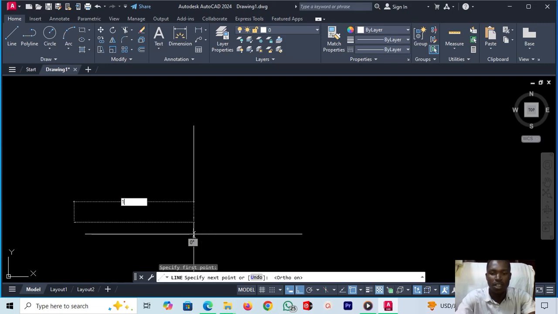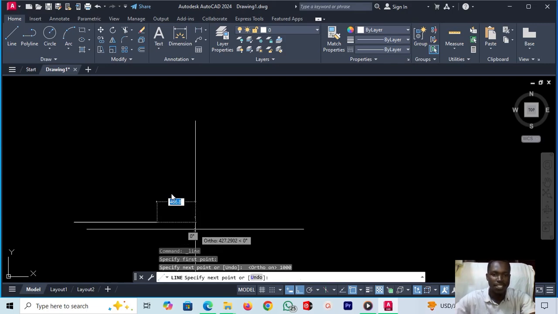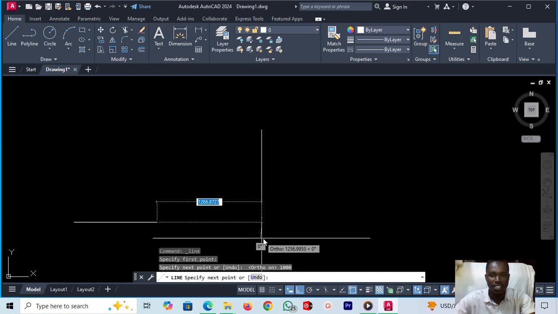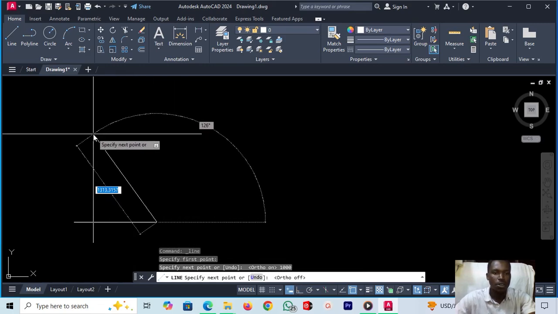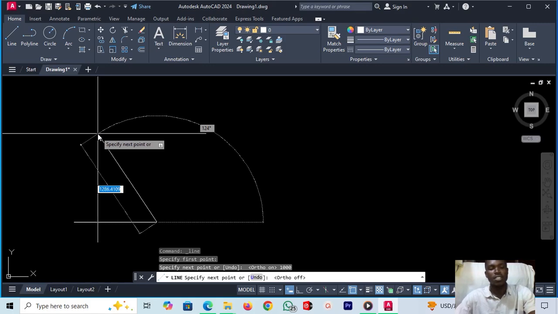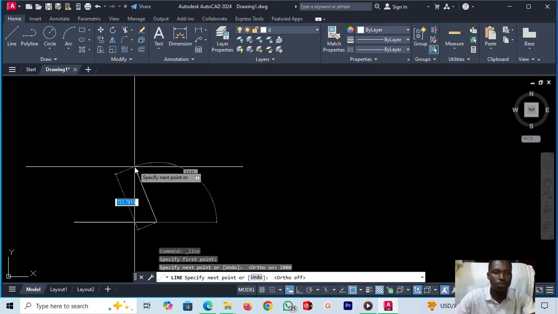We input 1000, press enter, then we deactivate the ortho mode to draw our second side. We always know our triangle is inclined at an angle of 60 degrees if it is equilateral. So we first put the distance 1000, then we press tab